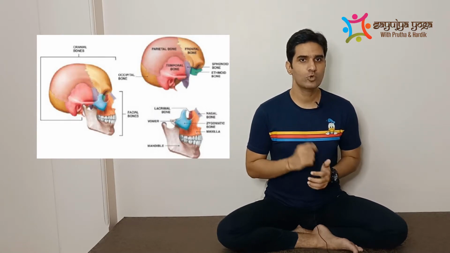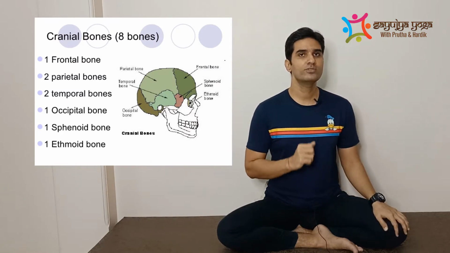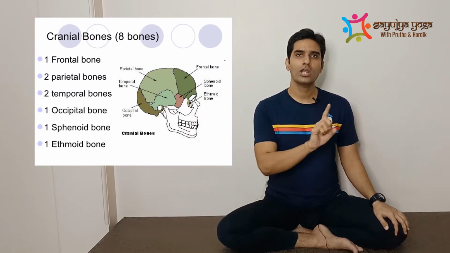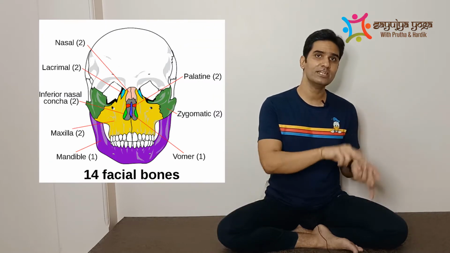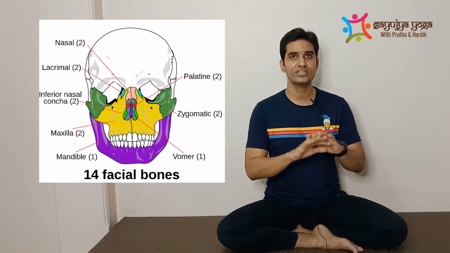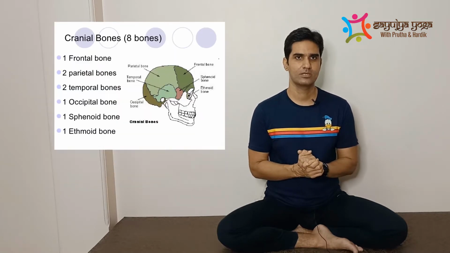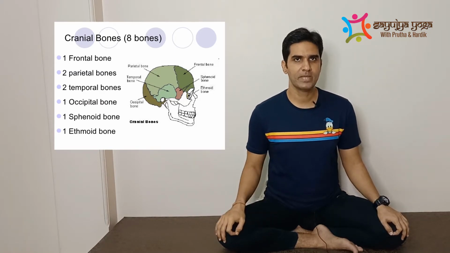So friends, here is a cool thing to remember about the skull bones in the cranium. Two bones come in pairs and all others are single bones. The facial bones are completely opposite of the cranium bones. You have two single bones and the rest are pairs. So let's start with the 8 cranial bones. I will first start with the paired bones.